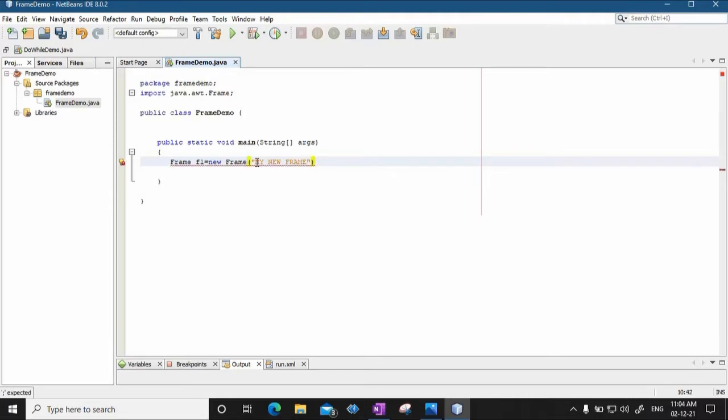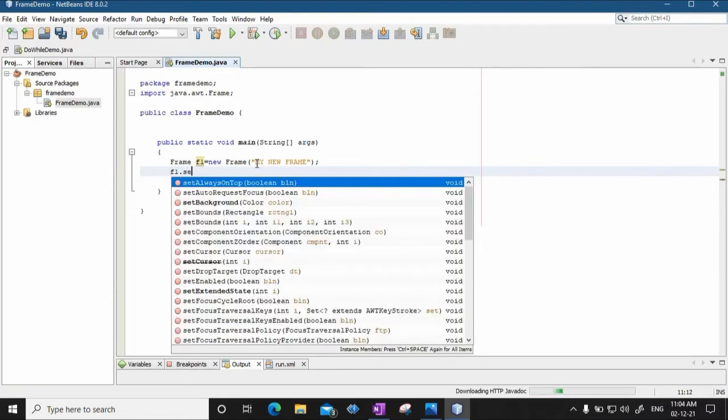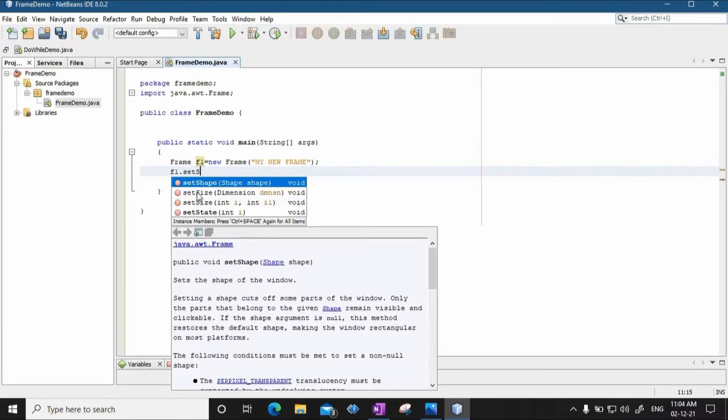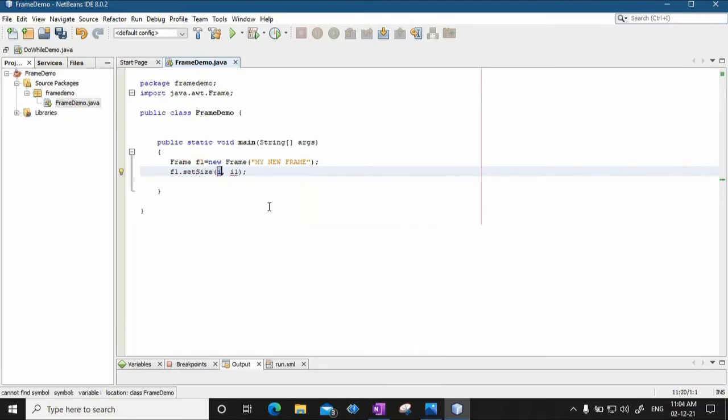Fine. So the f1 object is created, a new frame is created. Next I'm going to set the size of this frame. So I'll say f1.setSize, and the size of this frame, let it be say 800 by 600.